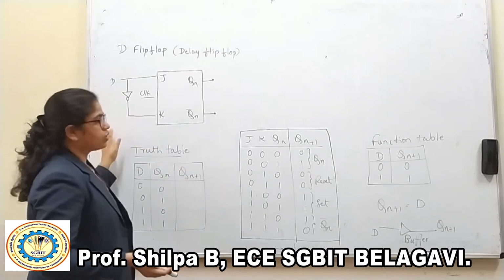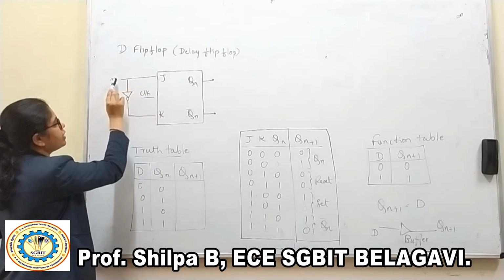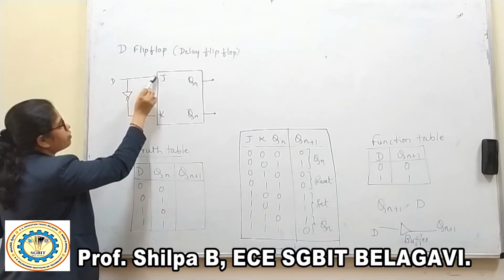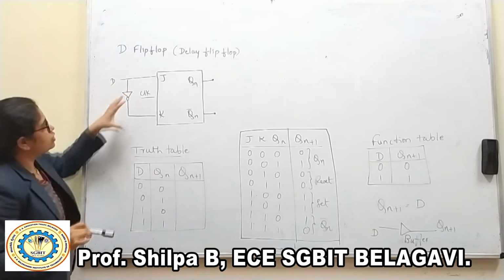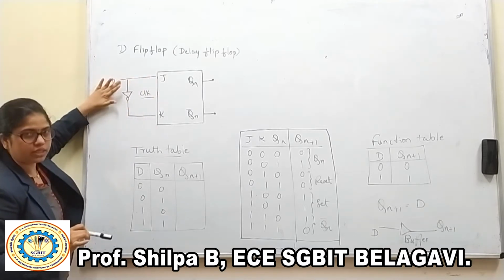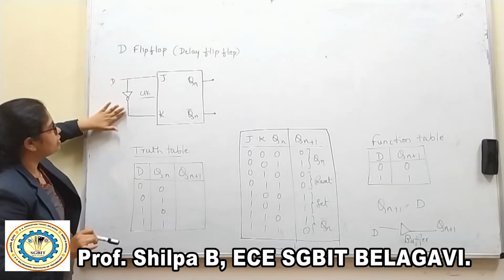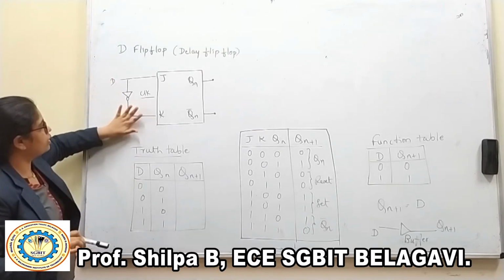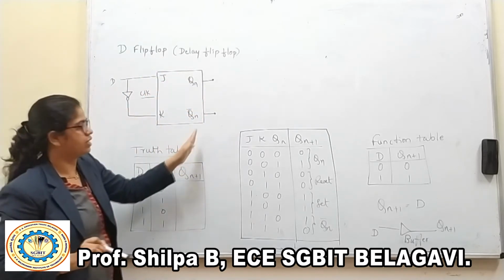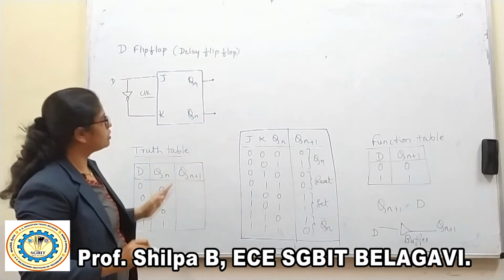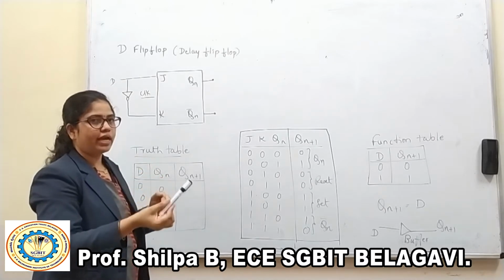To construct the D flip-flop, I am going to short these two inputs. D is directly taken from J, and the NOT of that is given to K. So this J is given to D, that is, whatever data you are going to supply here, and the NOT of that is going to be connected to K. When we analyze this entire circuit with the JK flip-flop, wherever J is 0, the opposite of that, K, will be 1.